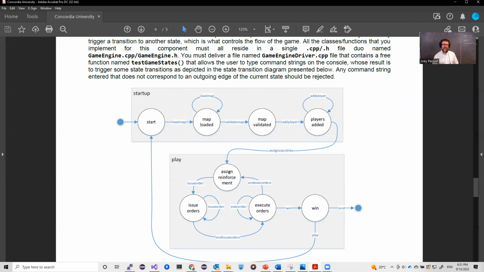So once you assign countries here, you go to the reinforcement phase. Then when you're in the reinforcement phase, you can issue an order. Once you issue an order, you can issue many orders, or to signify that you want to end issue orders, in which case it executes the orders. In which case you can say execute order, and so on until you type the command to end execute order,